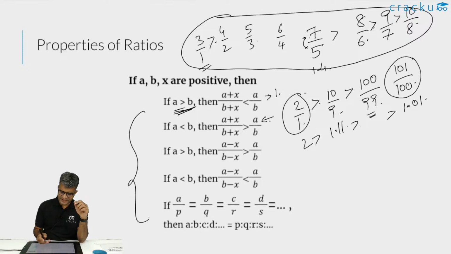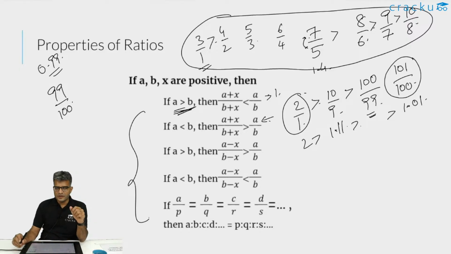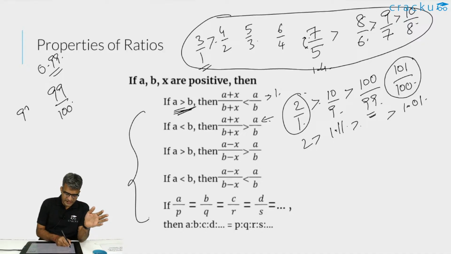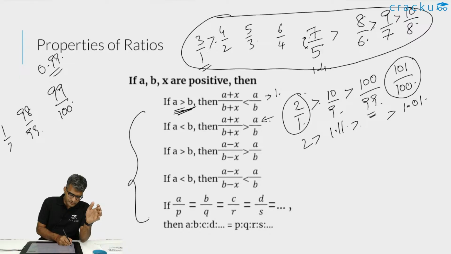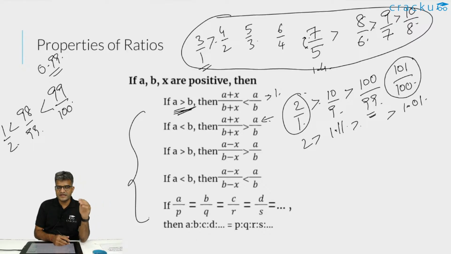The second thing says the exact same thing in the opposite way. Here we are saying that if the numerator is less than the denominator, for example, if you have say 99 divided by 100, this is 0.99, which is very close to 1. Now if you are removing numbers from the numerator and denominator, then the value of the fraction continues to decrease. For you to remember this, just again take it to the extreme case. From 99 by 100, you don't know whether 98 by 99 is greater or lesser, because you can't immediately figure out whether 98 by 99 is greater than 99 by 100 or not. But if you take it to the extreme case, you are going to get 1 by 2. What we know is that 1 by 2 is equal to 0.5 and 1 by 2 is definitely less than 99 by 100. Therefore, you will get the direction of the inequalities.